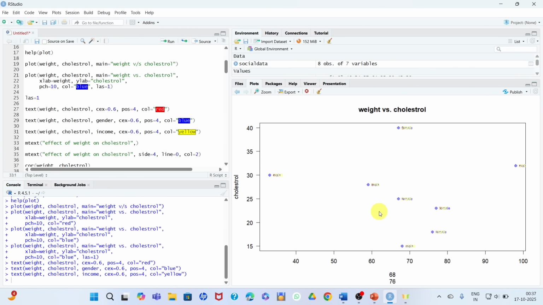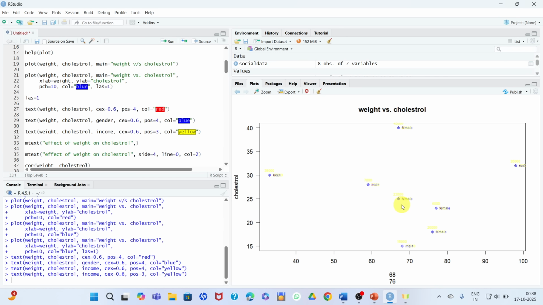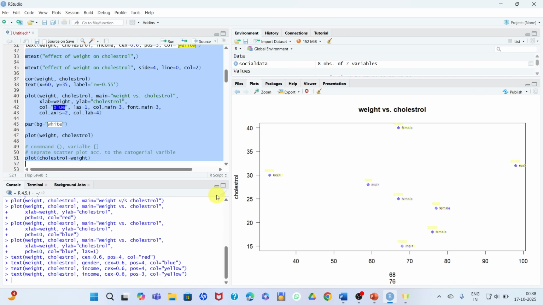Many times it happens when you give arguments like gender, income, and you put a new argument, your argument is overridden here. So you have to change the position. For example, let me change the position here to 3, and run the command. So here you can see that it is not visible.